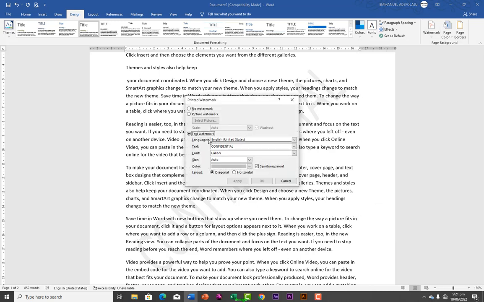So we're going to click on custom watermark. So I want to use text watermark. You can use picture watermark as well. But I'm going to use text watermark. So I'm going to type the text. We have confidential there. But I'm going to type the name of my company, which is Tons Media. Tons Media. Okay. So font, Calibri, size, auto, color. You can leave that color, or you select another color. Diagonal or horizontal, apply. So as you can see, Tons Media